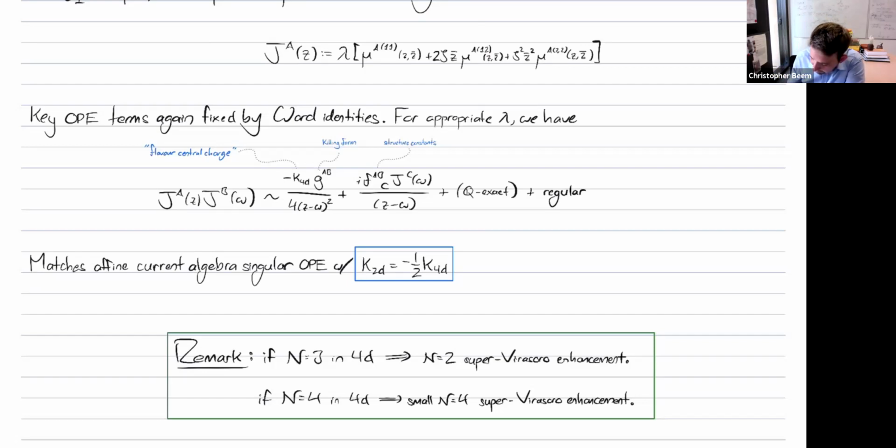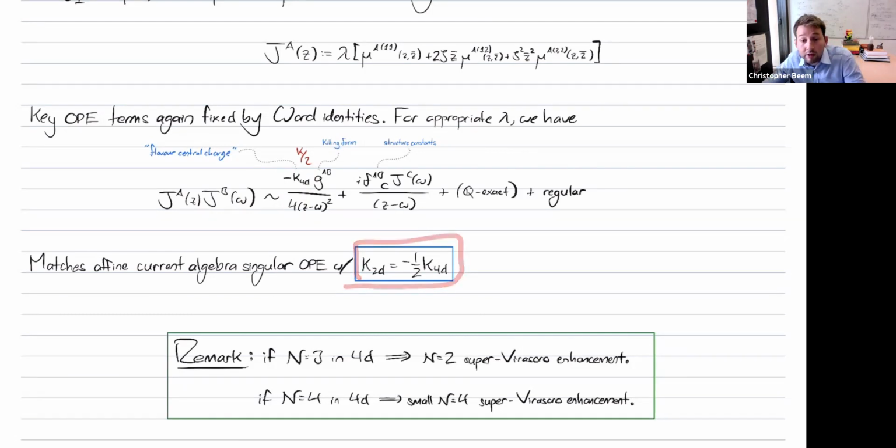And it appears here with a particular coefficient. So you get minus K4D over 4. And if we were studying a canonically normalized affine Kac-Moody vertex algebra, the thing we would have here would be K over 2. And so there's a relationship between the level K of the affine Kac-Moody and the flavor central charge K4D, which